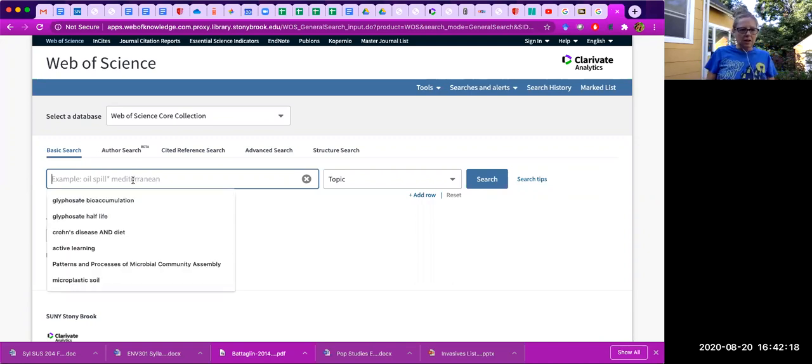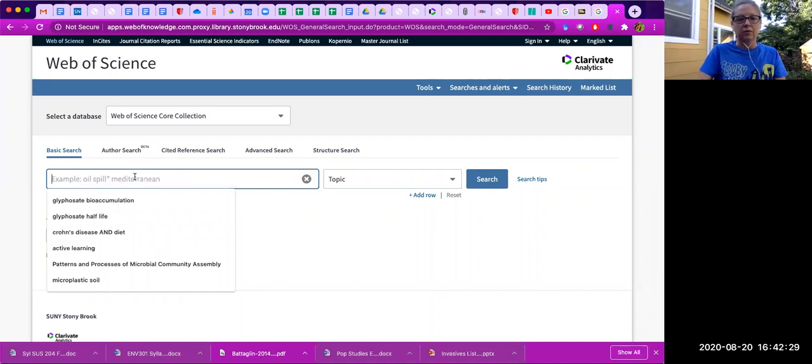So let's see, I clicked down here and you can see some of the things that I have looked at recently. And I think I want to show you something super general. For those of you who know me, you can see that I spend a lot of my time looking at glyphosate. But that's not what we're talking about today. Let's do invasive